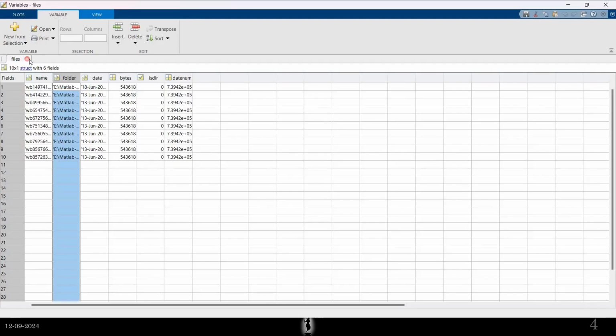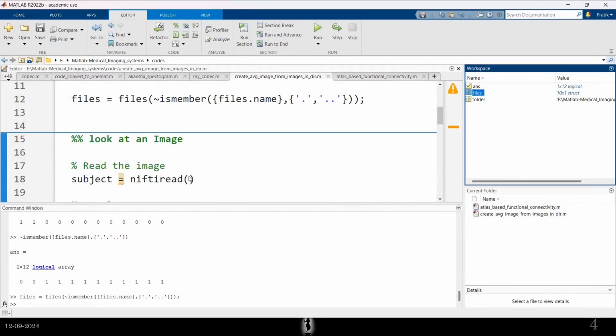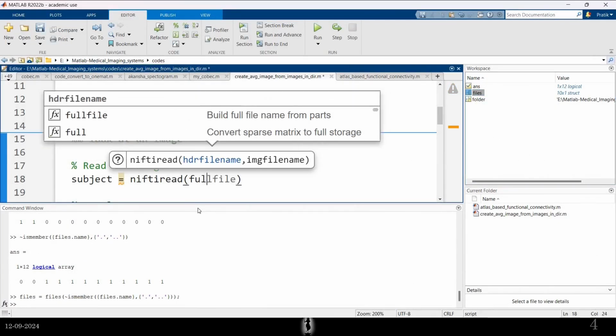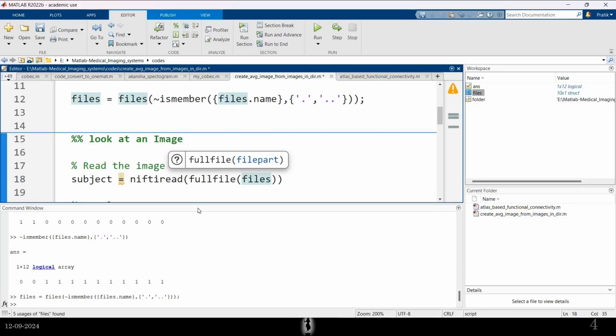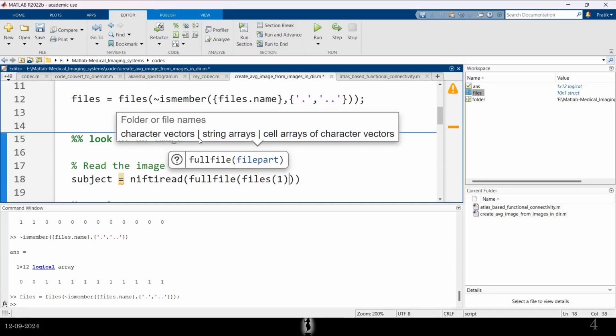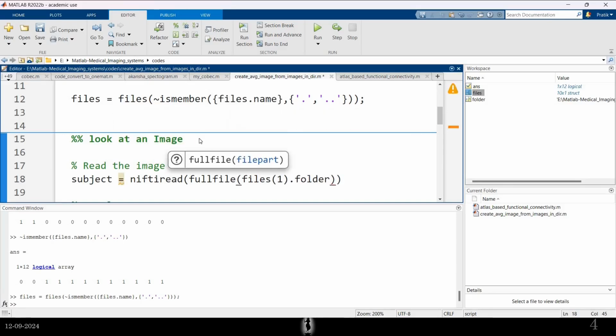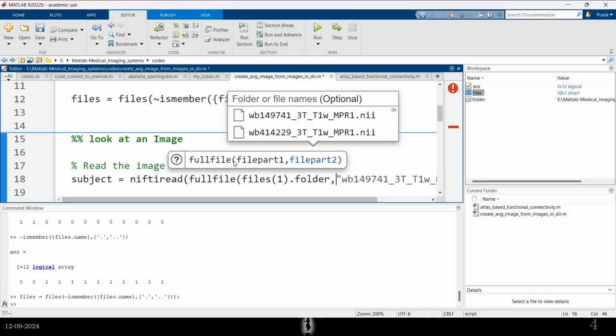So first I'll have to create the path using this directory. How I do that is, there's a function called fullfile which needs the parts of the file that are there. Let me just type it and then maybe it'll be clear. So let's say files, which is our directory, which is the output of the directory, and I want to access the first image, and then give it the folder first. So that's the folder location of this particular first image, and